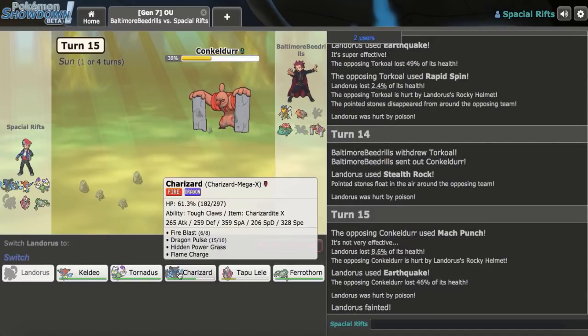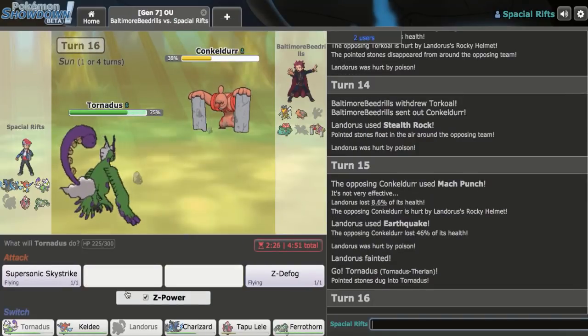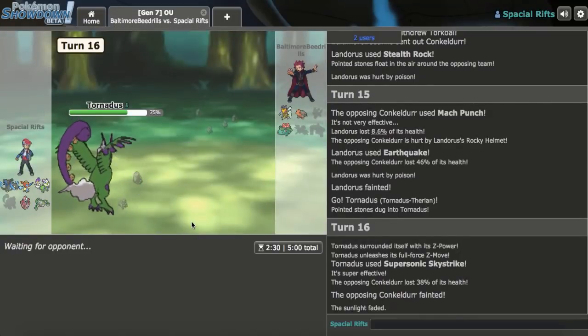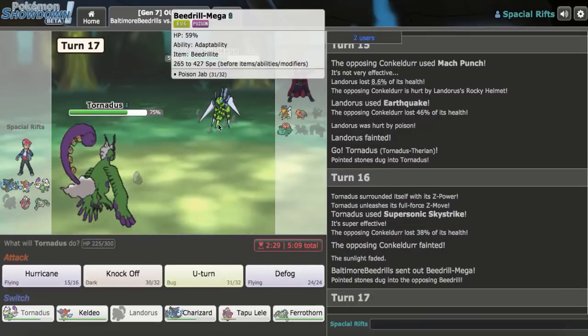Unfortunately, I think my Zard's going to be in range of a Mach Punch, which I was kind of hoping to have it get the kill right here, but it's okay. I'll go Tornadus now and fire off a Z Hurricane. No point in risking the miss, because if I miss and he Ice Punches me, that's just pretty bad. So yeah, now he has to send out Torkoal again just to get out Sun, and it won't even be for enough turns, of course, because he actually goes Beedrill, so...